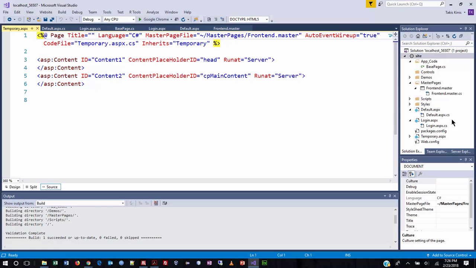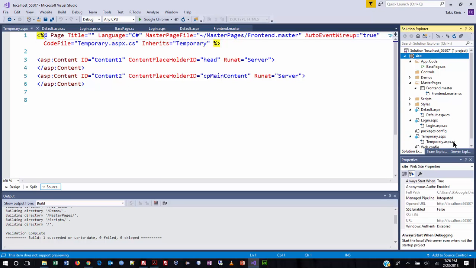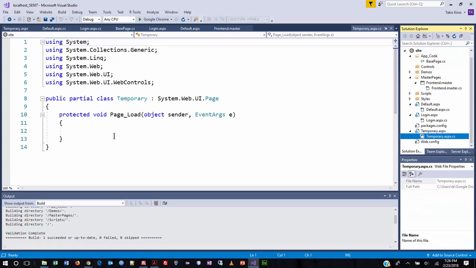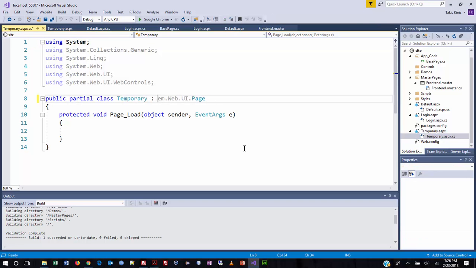Go right to the code behind file for that page. Bring that on up. And we want to make sure that we inherit from the base page. So this is going to become a common thing here. So we're typing base page, automatically recognizes. And then we also want to rename the class